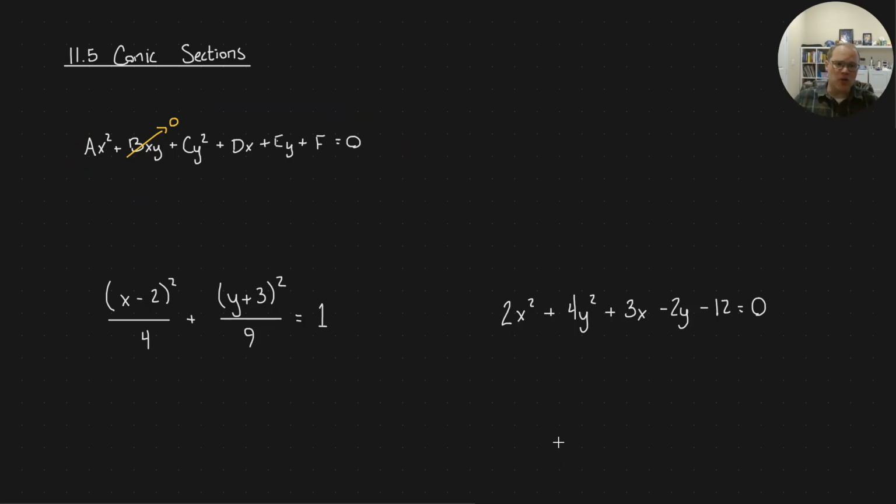Well, I actually can look at this and immediately know that we're dealing with an ellipse. Because if we look at our x squared term and our y squared term, they both have the same sign. So they are both positive. I will be getting an ellipse here. Okay, but